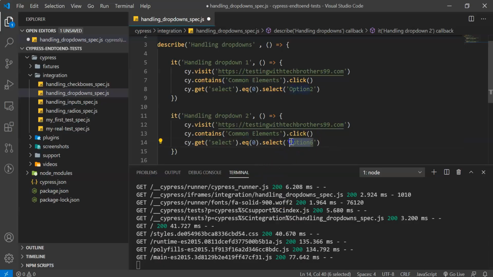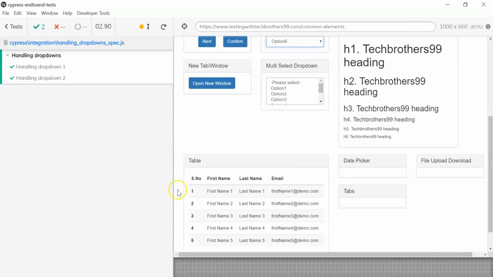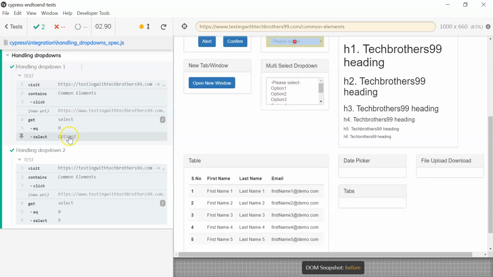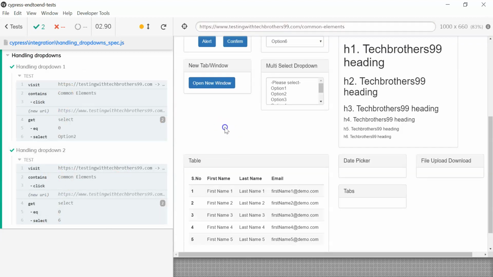Okay, so I don't want to give the complete option text. See here, in this example I have given the label that is displayed, and in this one I am giving the value, but still it is selecting that option 6. So either of them you can use.